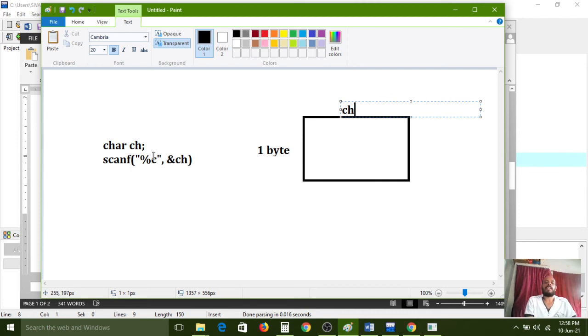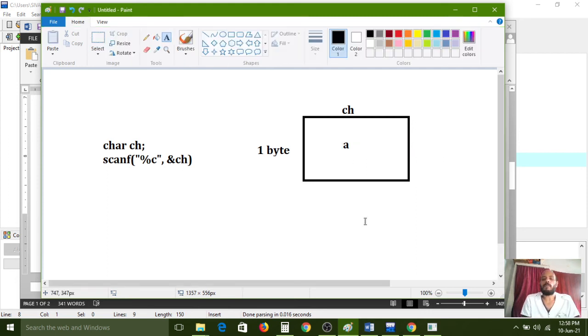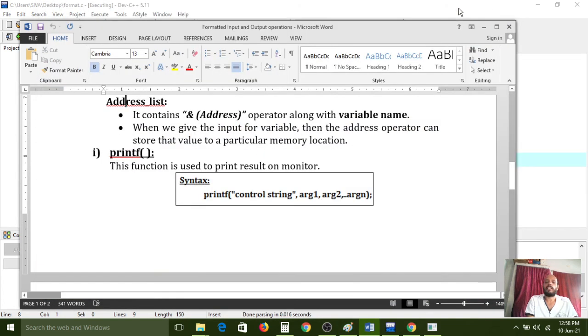After collecting the value, immediately that value can transfer into this memory. Nothing but if you enter an input, then the value can be stored inside the memory. So when we write the first statement, immediately one particular memory location it will occupy. After reading the input, immediately the address operator will check whether the character variable is available or not. Then if the character variable is available, inside that particular location the value is stored, which is the value collected from the input. So that is the functionality of the address operator.